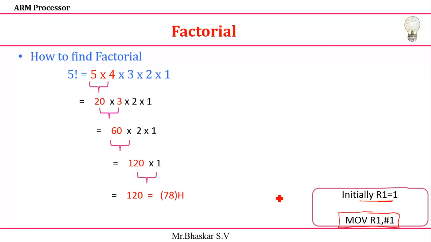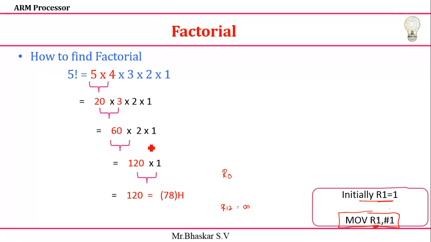Sir, why do we need to use this concept? Because if you do the multiplication with any one of the registers initially, I'll get the result as 0. If I look at the registers from R0 to R12, all the default values are zeros only. If I multiply initially with such a register, I'll get a 0 result. In order to avoid this, I'm going to use the R1 register for my destination. That's why initially I'm going to load the value 1.